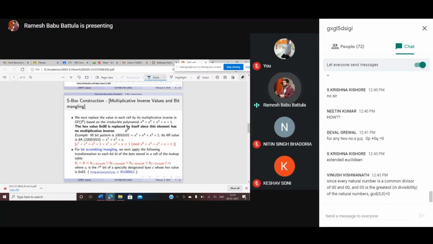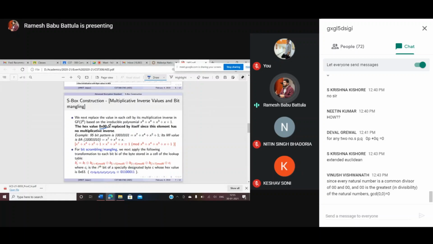Okay, now only except 0, 0. Why does 0, 0 not have any multiplicative inverse value? I told you, that's why in our discussion also I said we need to remove 0. Because 0 doesn't have any multiplicative inverse value. But this is a number which we need to use in the modular arithmetic operation. Here also 0, 0 is there.